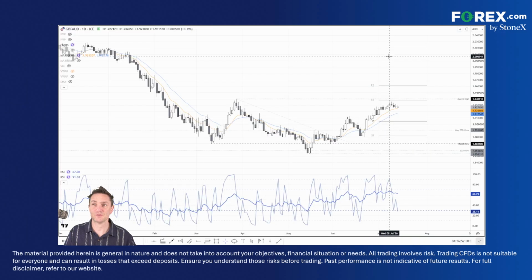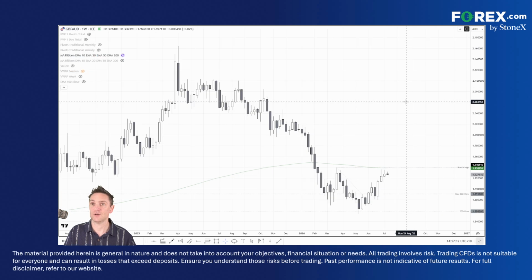Now, pound Aussie is on my radar, but I don't think the timing is quite right at the moment. We do have an uptrend on the daily chart, but we've got a bearish divergence forming on the RSI 2 and the RSI 14. What's caught my eye though is if we get moving towards this March high where the monthly R1 pivot sits, because if you look at the weekly chart, we've got the 200-week moving average there around